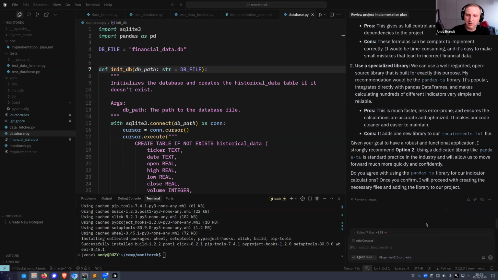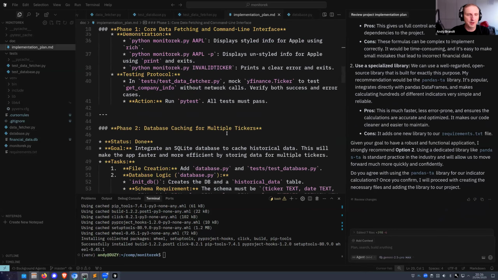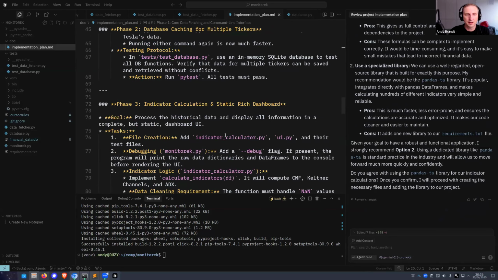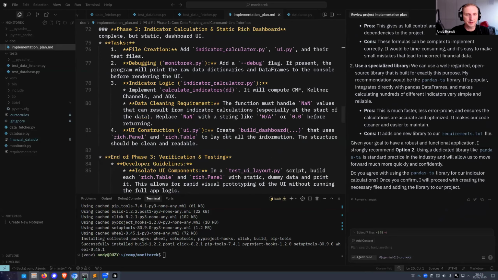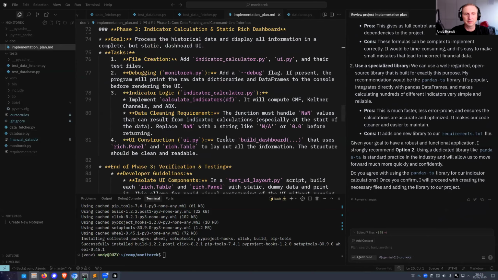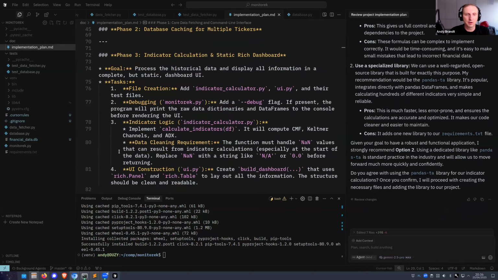But I kind of don't like it, because if I look in the implementation plan at phase 3, I think it should say something about it. No, it doesn't. That's something I would have checked normally when reading it, but okay, no worries.